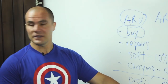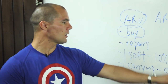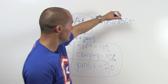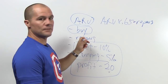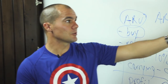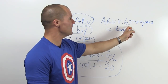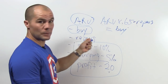So 20%. So think about this, 20, 30, 35. So these three things here alone are 35% of our ARV. So ARV times 0.65 accounts for these three things. Then what we do is we subtract our repairs. Now our repairs are going to vary on every single project, right? So we got to calculate out what our repairs are. We subtract that number, and then that equals our buy price. That's our formula. ARV times 0.65 minus the repairs, whether it's 10,000, 20,000, 100,000, whatever it is on those repairs,